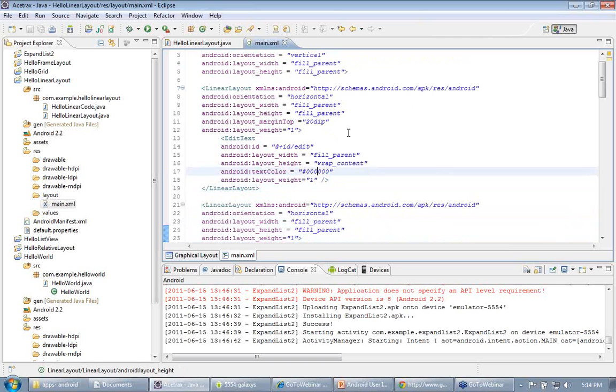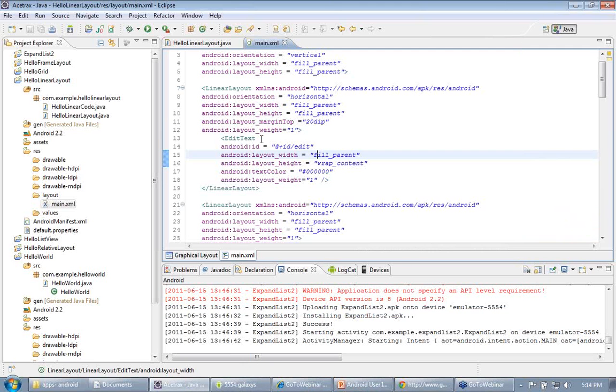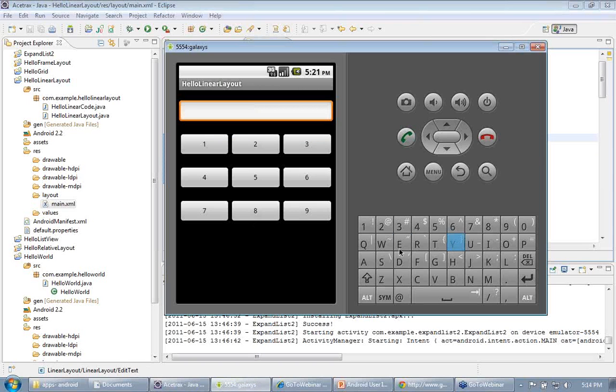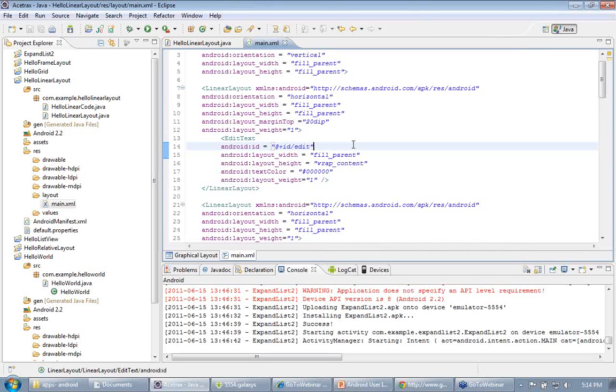Under this, we have an edit text box, the edit text box which you have seen in the program. With the help of the edit text box, you can type any text here. You can see that we have an ID called android:id.